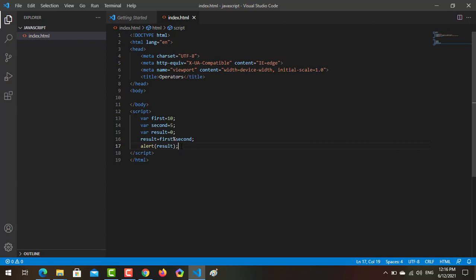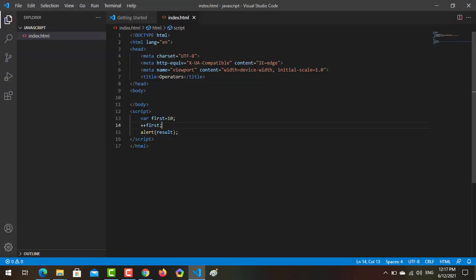Post increment and pre increment increase the value by 1. Suppose we have the value 10 in the variable first. If we want first to increment by 1, it will add 1 to the first variable, and since first holds 10, it will turn into 11.